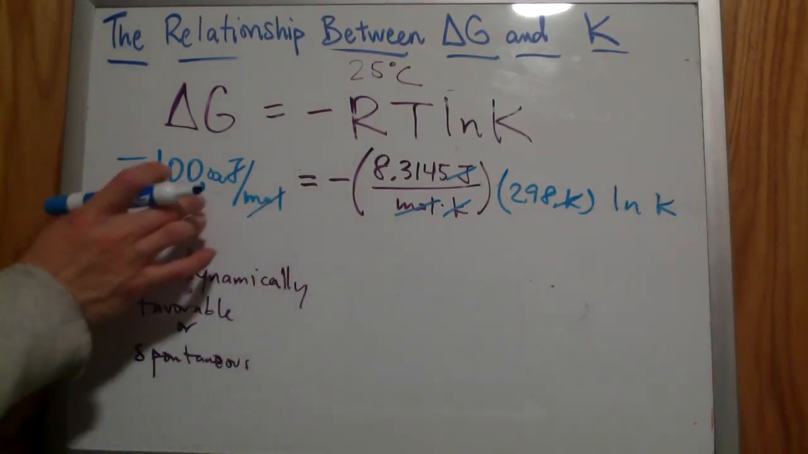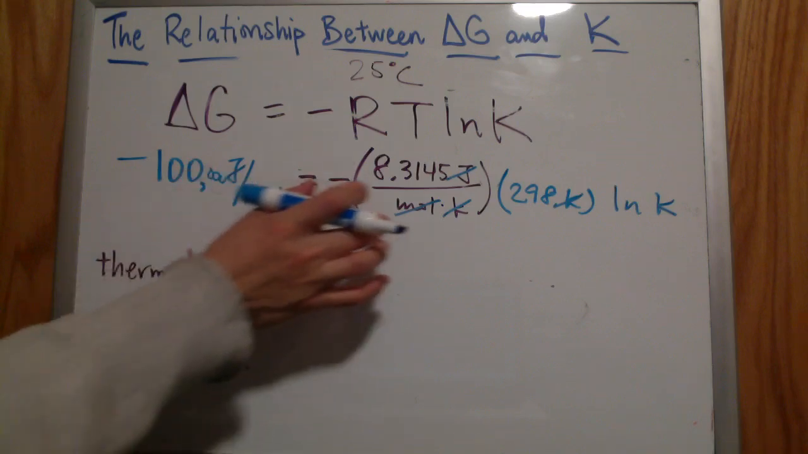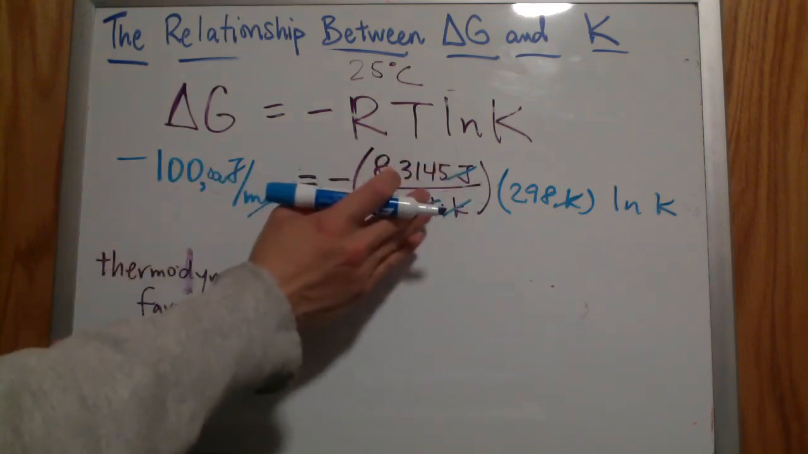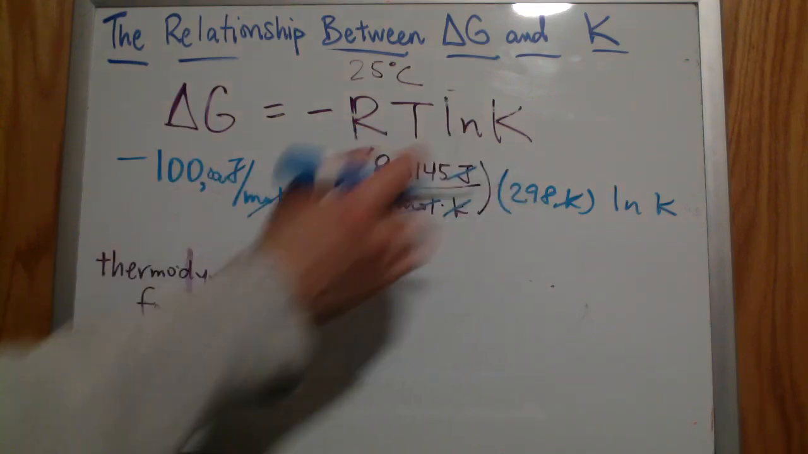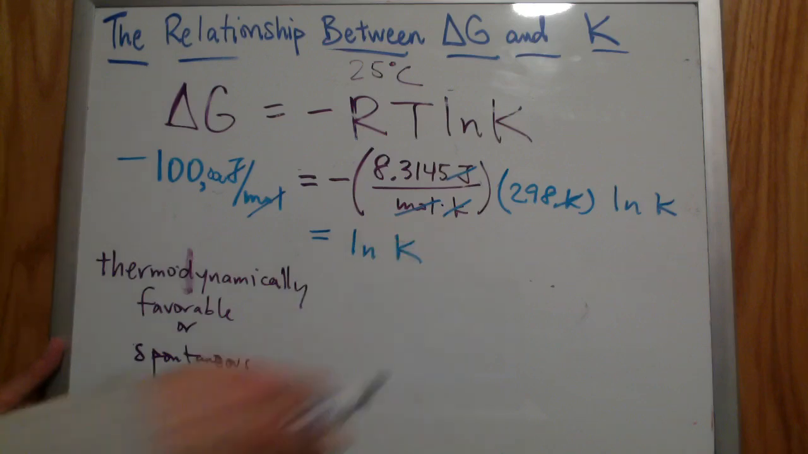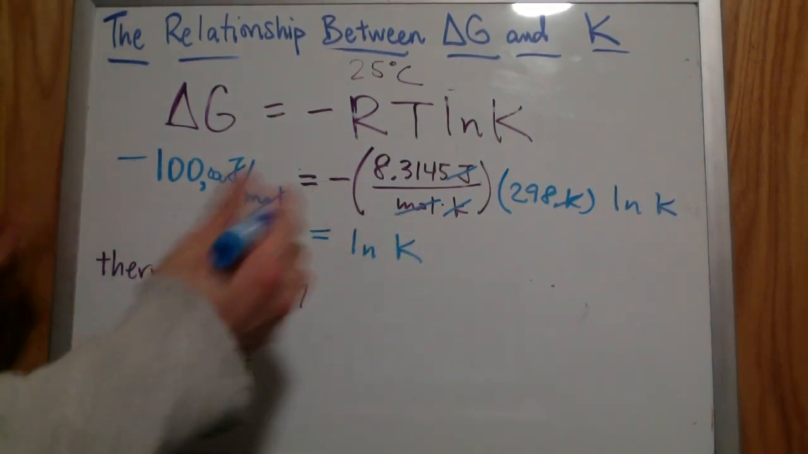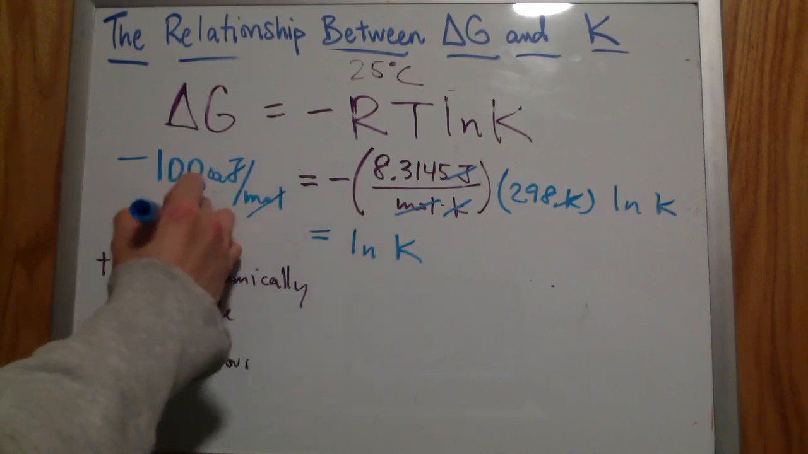So now what we need to do is take 100,000 divided by negative 8.3145 divided by 298 and set that equal to the natural log of K. So please try it in your calculator while I do this now. If you notice, the negatives will also cancel out. So I end up with a positive number,